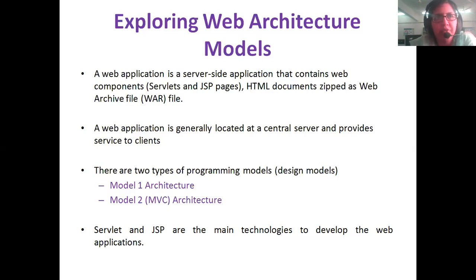We needed some kind of dynamicity, where we take the input from users and send it to a server for processing. The server takes the input, does some processing, validates it, and then gives back the response. A typical example is booking a ticket on the IRCTC website. I fill in the form with the source, the destination, and the date. When I press the submit button, the request goes to a server of IRCTC, which may be at a very remote location.